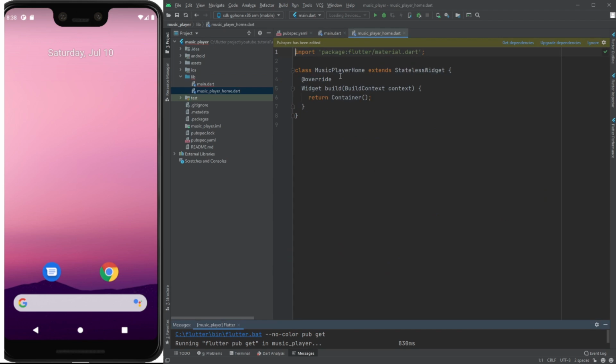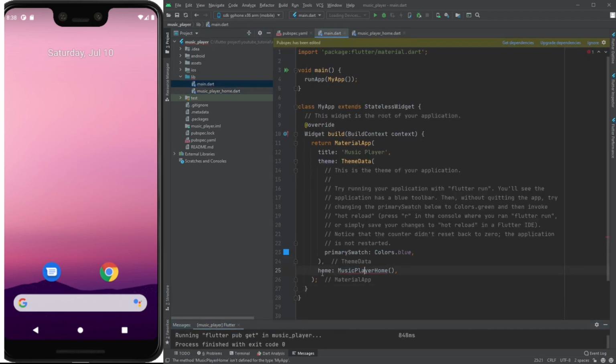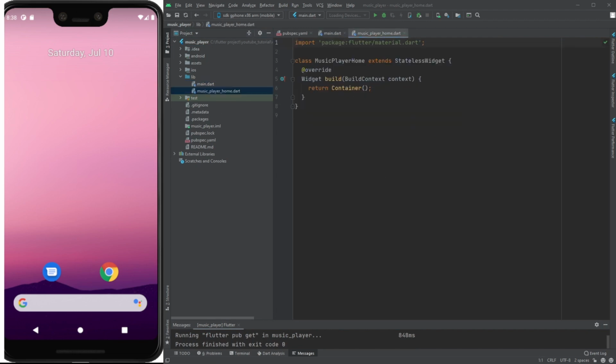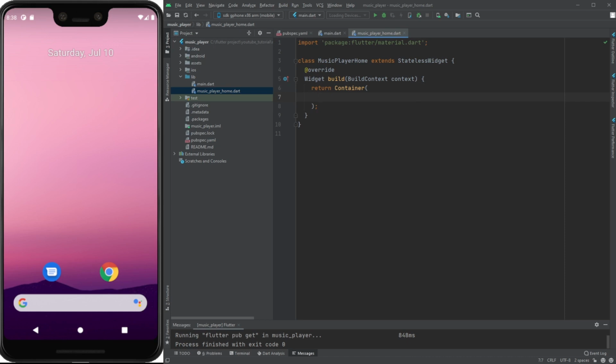Here I have created it, and now I will import it. Okay, so I have imported. Now we are working on the UI of the music player. From here we will use a scaffold,